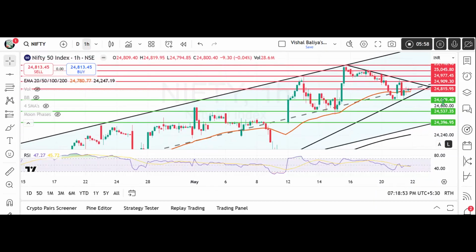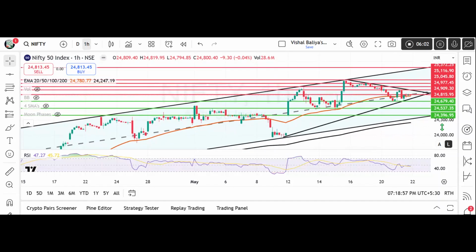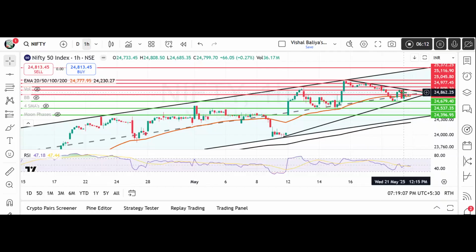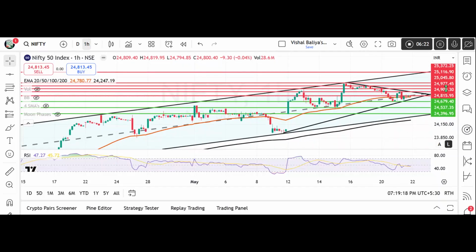So the resistance right now: we are at 24815 today. Nifty closed around 24815, right? So the biggest resistance for Nifty will be at 24815, because there is the parallel channel over here. Then there is a trend line resistance near 24909. So that is again going to be a resistance. Further, there are resistances like